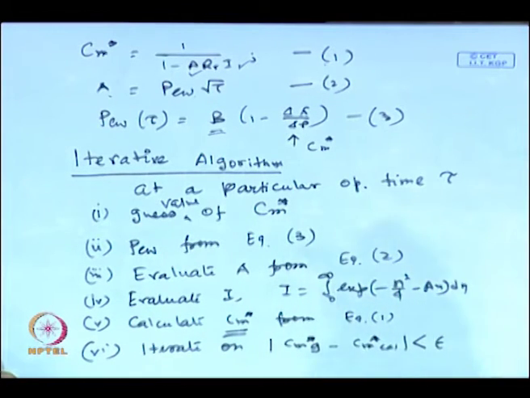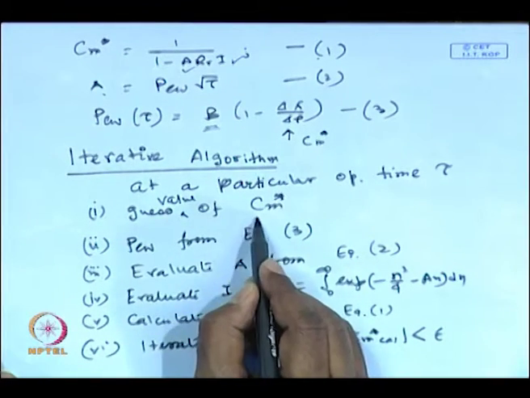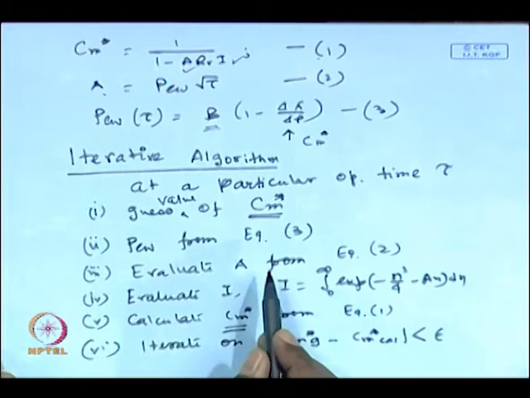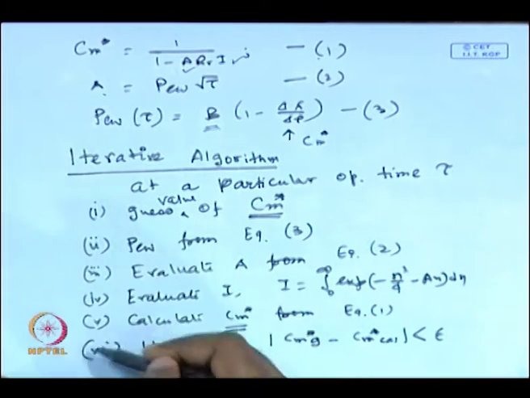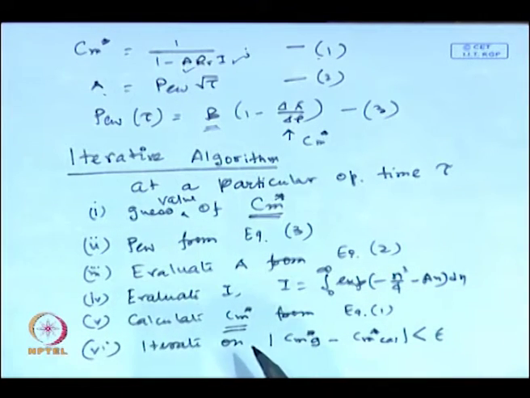Next you have an increment of time tau, let us say tau plus delta tau, and reiterate these steps. But in the second step, you should have a judicious guess of Cm star. The judicious guess is basically the converged value of Cm star at the earlier time point. Then the convergence will be faster for the next time point. Likewise, it will be continued. And